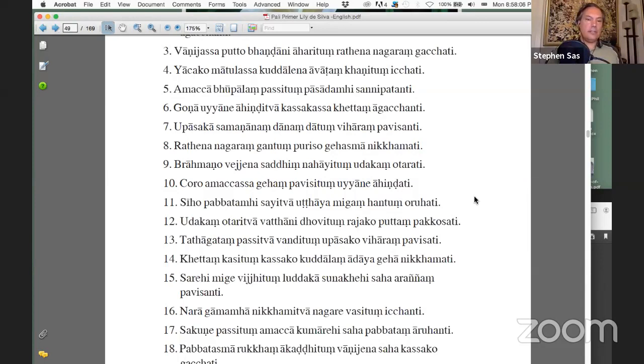Right. So gona, which is either bulls or perhaps oxen. It seems a little ambiguous. Either one I think is okay. We scan to our absolutive form of the verb, hinditva, having wandered, in locative, in the park. And then we go to our finite verb, they come, agachanti. And then we have our accusative object, to the field of the farmer, genitive. Very good. Thank you.